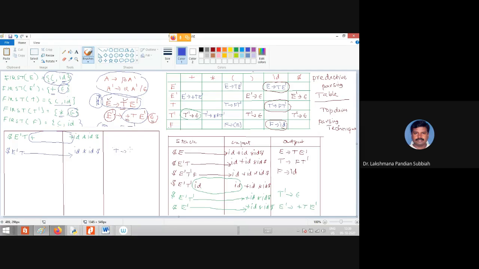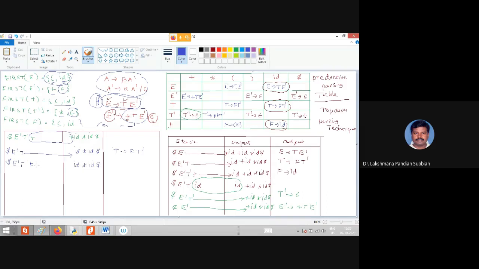So you have to pop T and push F T dash, reversed as T dash F. Here we have T dash F, and the input is ID star ID dollar.